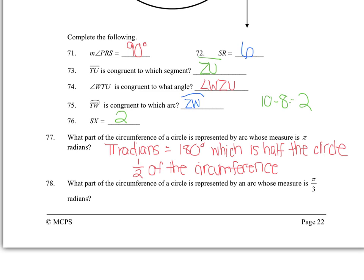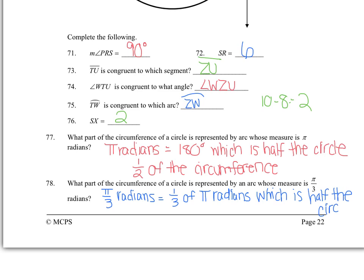For 78, what part of the circumference of a circle is represented by an arc whose measure is pi over 3 radians? So pi over 3 radians is equal to 1/3 of pi radians, which we know is half the circle. So 1 full circle equals 2 pi. And if we break that into sectors of